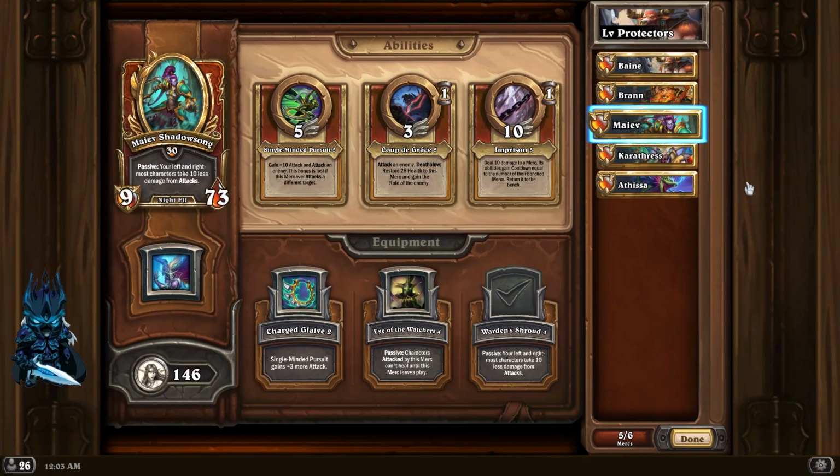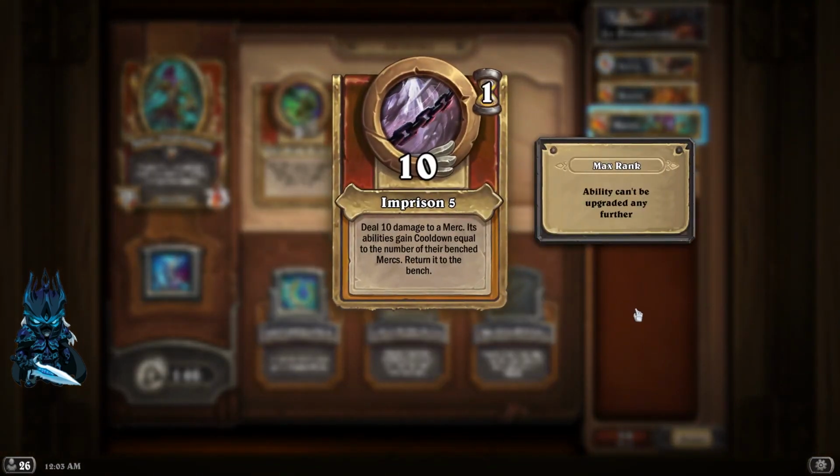Moving on to our first and only legendary of the bunch, Maiev. So I'm really excited about Maiev. Unfortunately, Baine isn't the only character that's bugged. There are quite a lot of bugs right now, and sadly, one of her coolest abilities, Imprison, is currently bugged